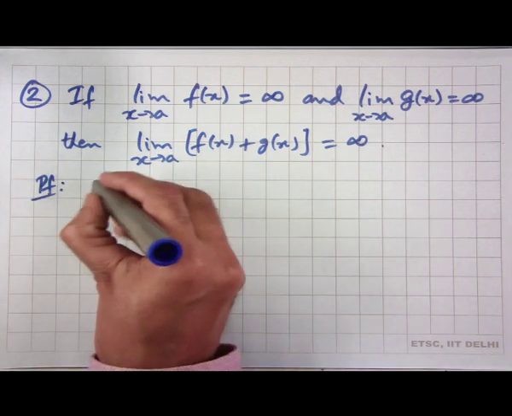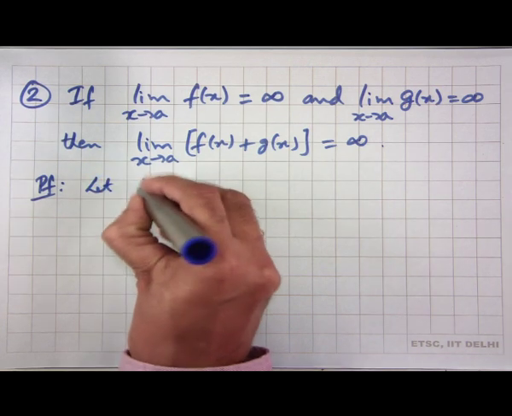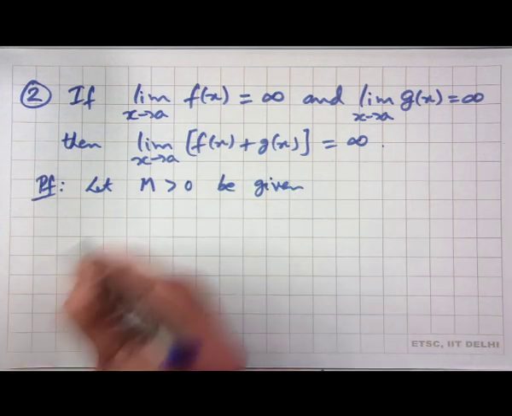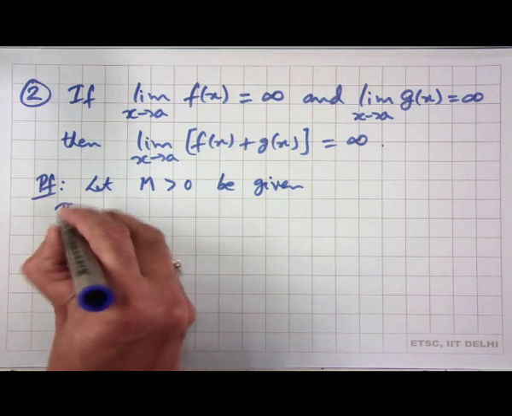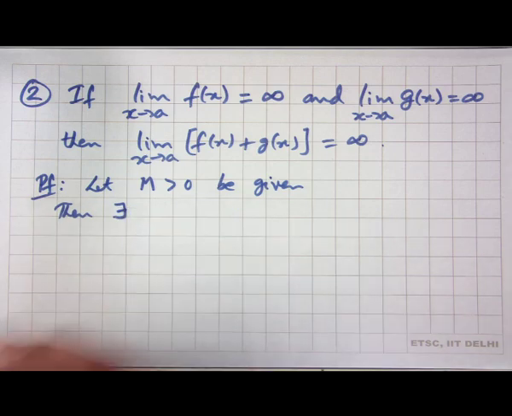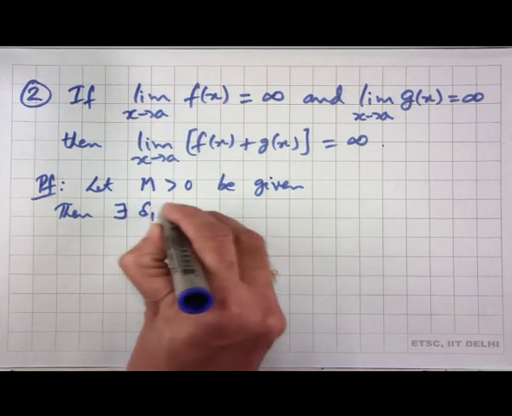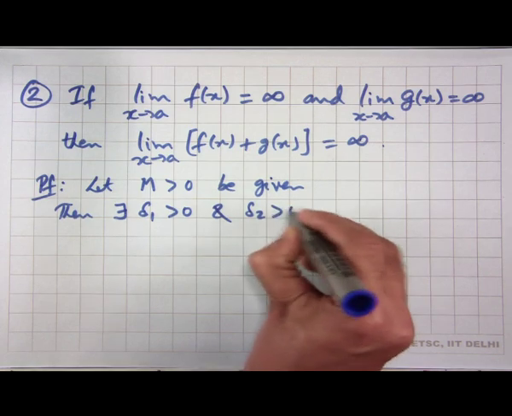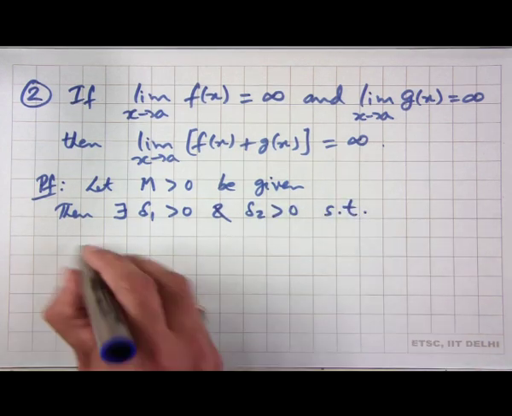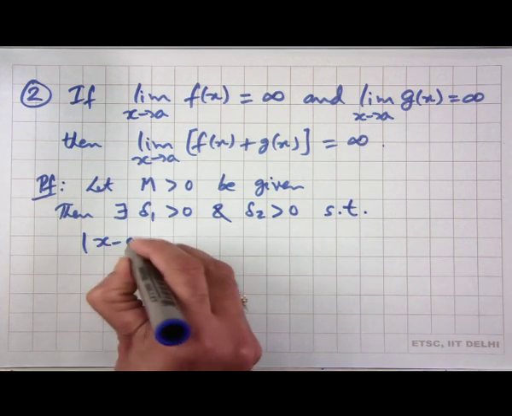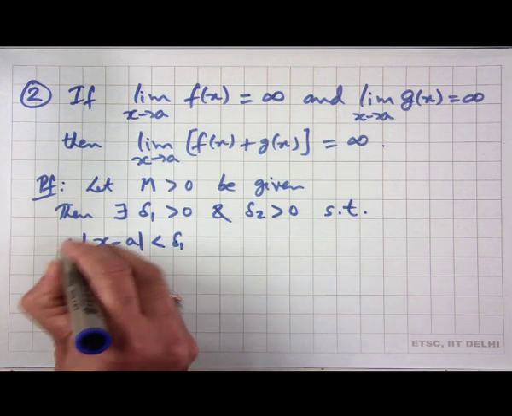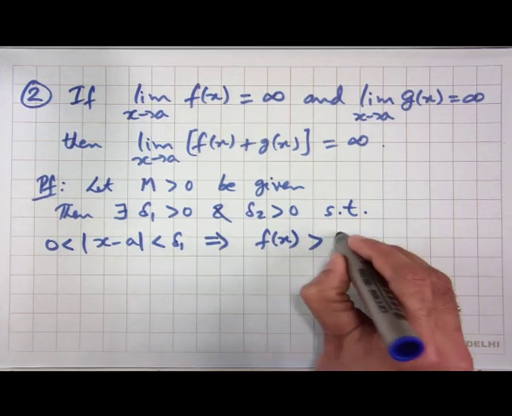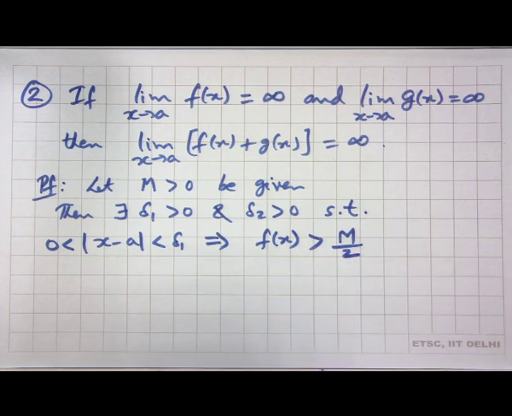Again the proof is: let m greater than 0 be given. Then there exists delta 1 greater than 0 and a delta 2 greater than 0, such that mod x minus a less than delta 1 greater than 0 implies f of x is greater than, let me choose half of m, m by 2,